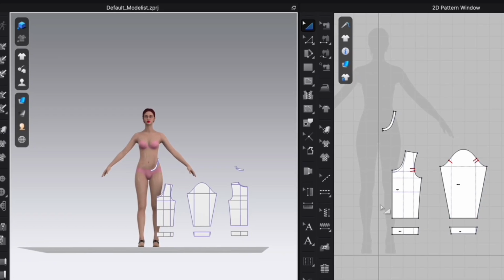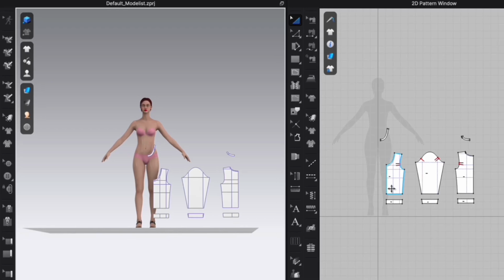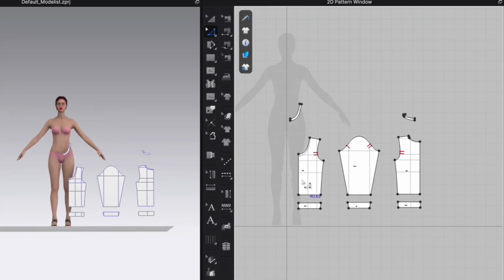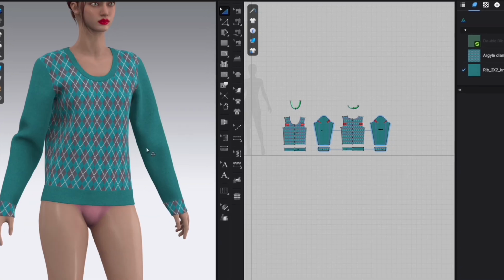This course is perfect if you are brand new to CLO 3D or even if you have been using it for a while and just want a simple hands-on refresher. It is a true follow-along experience. You watch, you do, and by the end you will be able to sew a basic knit top in CLO